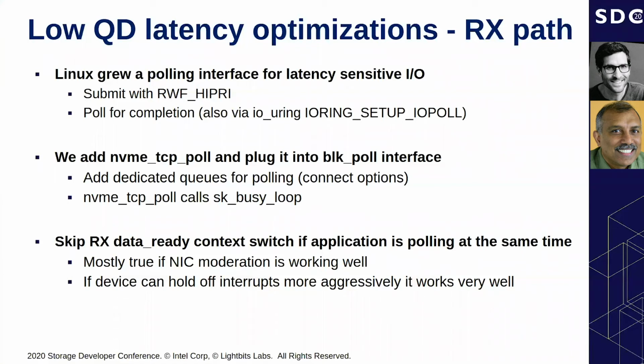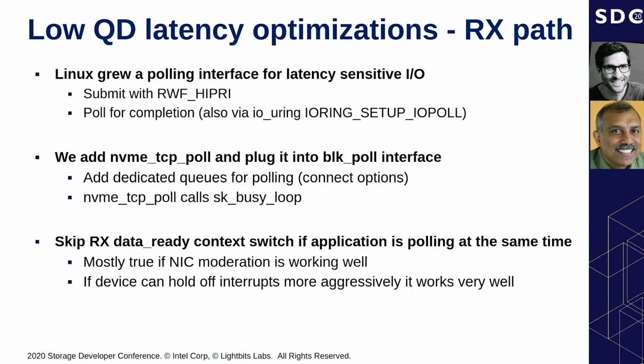What we did in NVMe TCP is plug into this polling interface in the kernel, specifically in the block layer, by adding a callback called NVMe TCP poll that plugs into the polling infrastructure in the kernel and the block layer. As I said, we added dedicated queues for polling. You can signal that through the connect options. When you connect to an NVMe TCP target or controller, you can specify that you want one or more poll queues. And then when we're called for the poll function, we trigger SK busy loop,